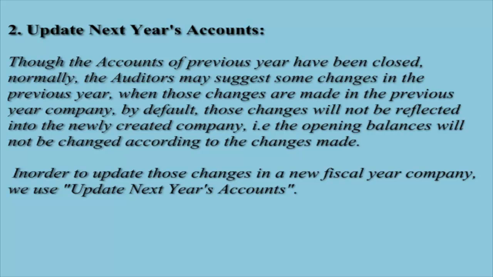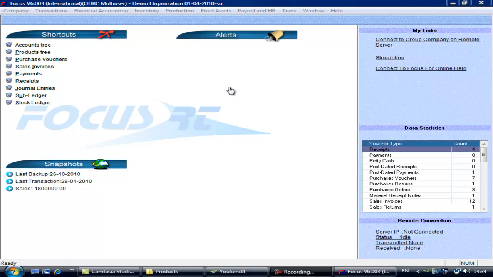Though the accounts of the previous year have been closed, normally the auditors may suggest some changes in the previous year. When those changes are made in the previous year company, by default those changes will not be reflected in the newly created company. That is, the opening balances will not be changed according to the changes made. In order to update those changes in the new fiscal year company, we use update next year's accounts. In a previous year company,